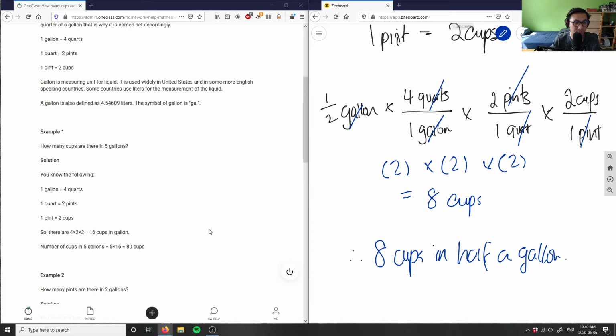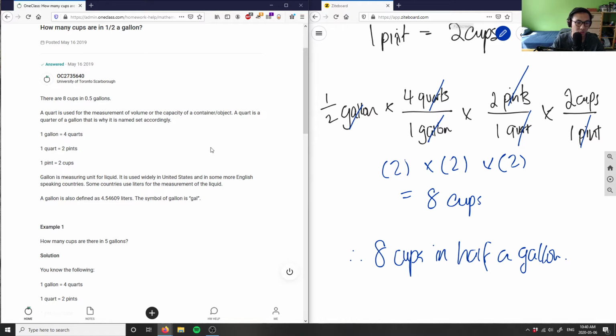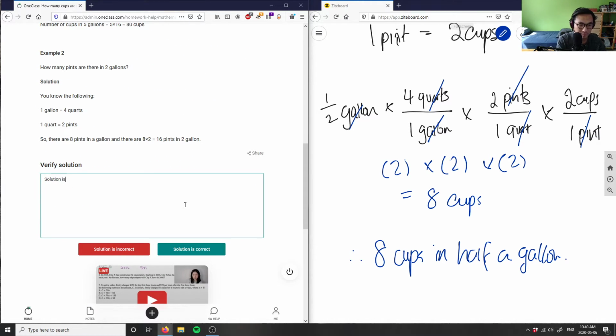And as you can see, there are 8 cups in 0.5 gallons here. They didn't really show their work though. So I'm going to say solution is correct, but work was not shown. And then I'm going to write maybe 0.5 gallons here multiplied by 4 quarts over 1 gallon multiplied by 2 pints over 1 quart multiplied by 2 cups over 1 pint would equal 8